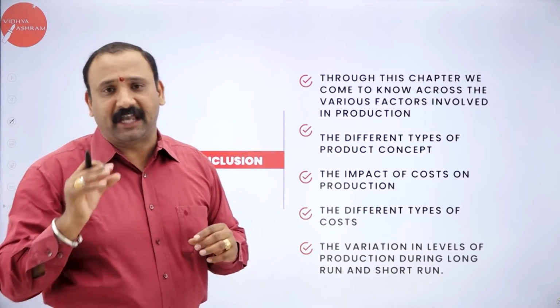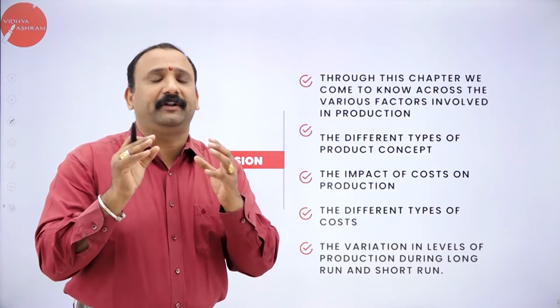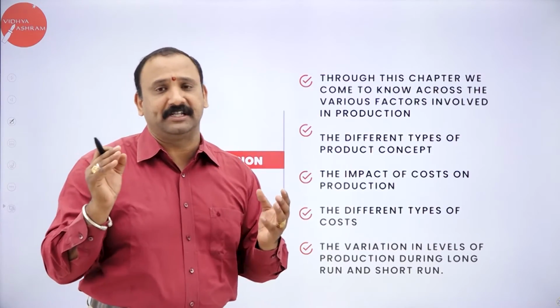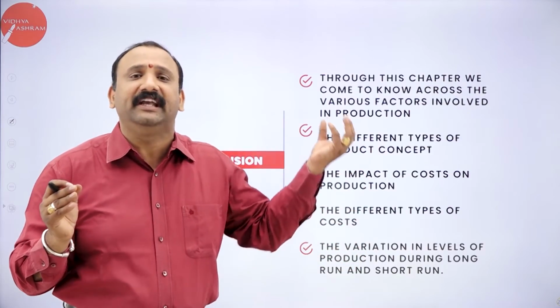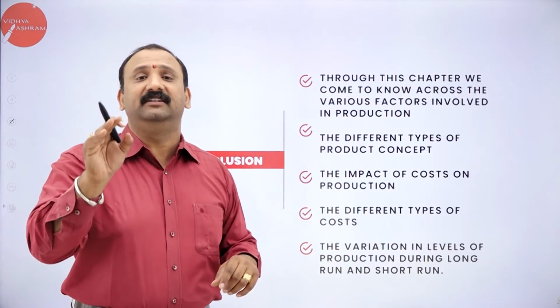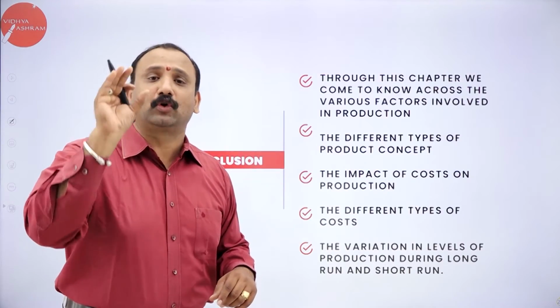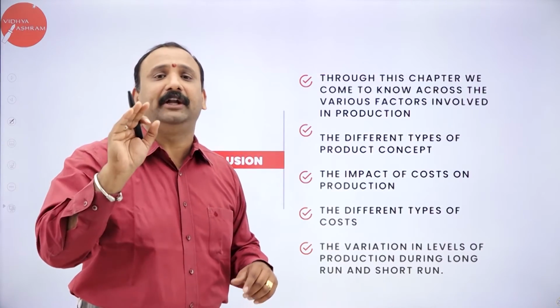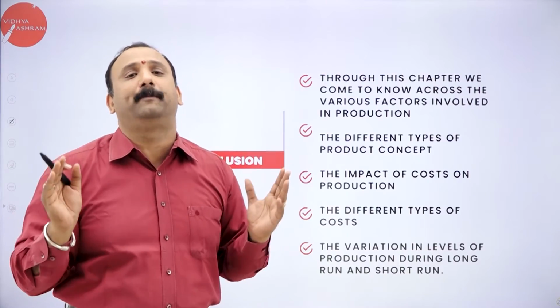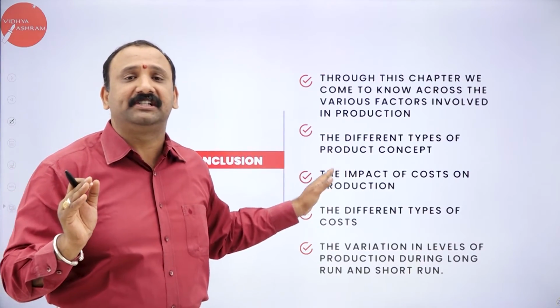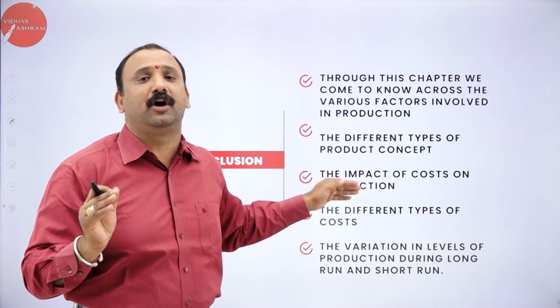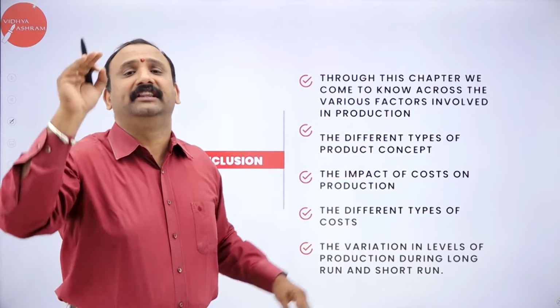Until this chapter came into existence, we were not really bothered about cost or price. But the moment we started reading chapter 3, we started understanding the biggest impact on production is cost. So cost will actually make a difference in your production. So we try to understand the cost, the short run average cost, the long run average cost, the impact of